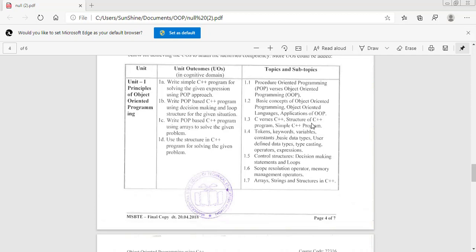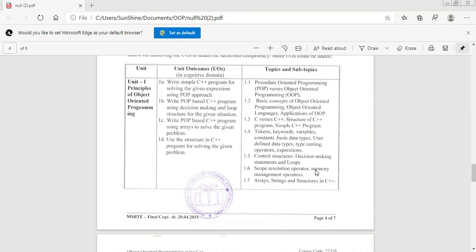Afterwards, we discussed tokens, keywords and variables, constants, basic data types, user-defined data types, typecasting, operators and expressions. Afterwards, we studied the control structures, that is decision-making statements and loops. Part of it was arrays. We have studied strings and structures in C++, which we are going to cover in the upcoming chapter.